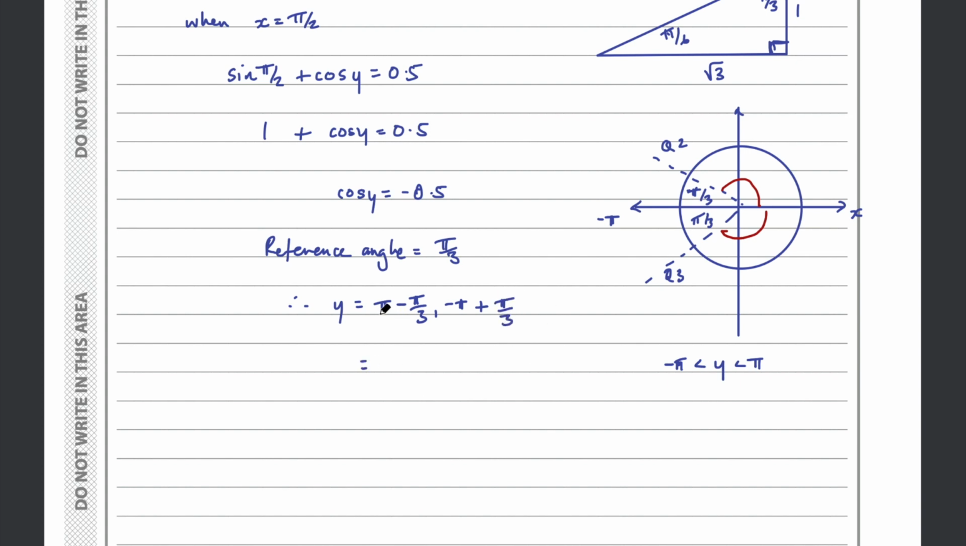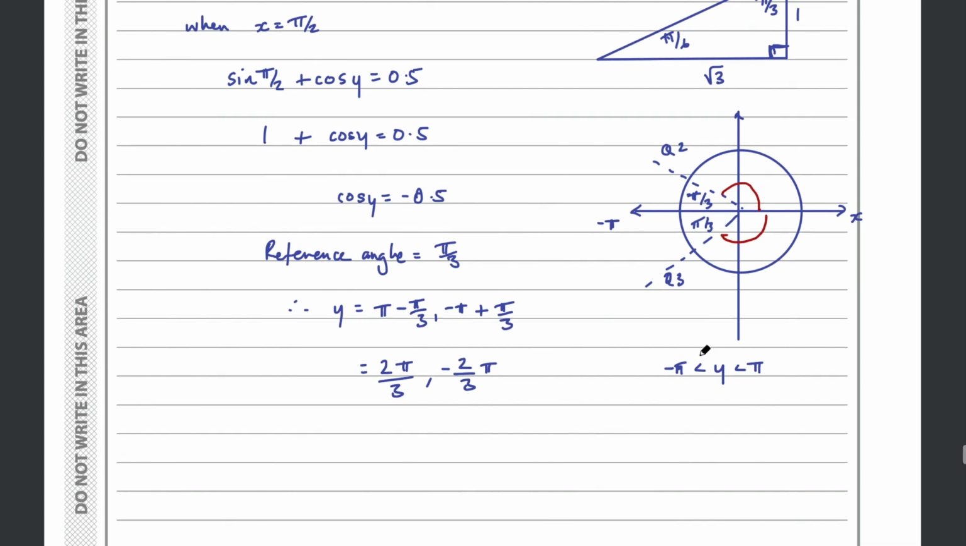All right, so pi take pi on 3, well, that's like 1 take a third. That's 2/3, 2/3 pi, or 2 pi on 3. And then the same thing for this one. So negative 1 plus a third is negative 2/3 pi, or negative 2 pi on 3. Okay, so we have our two y values, we have our two x values. They're the only possible solutions within the